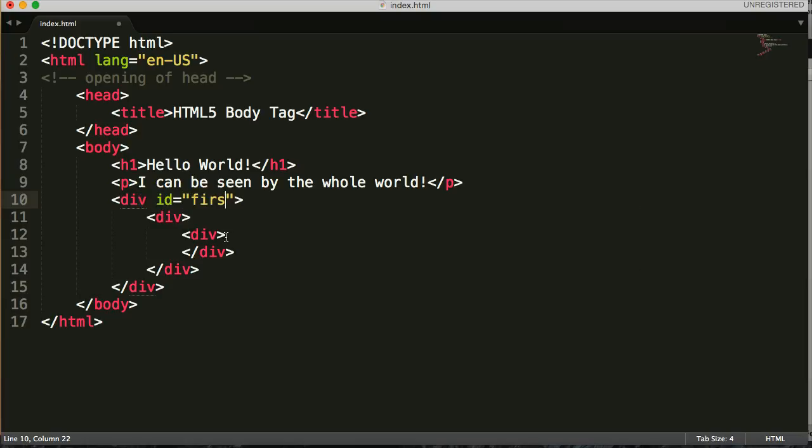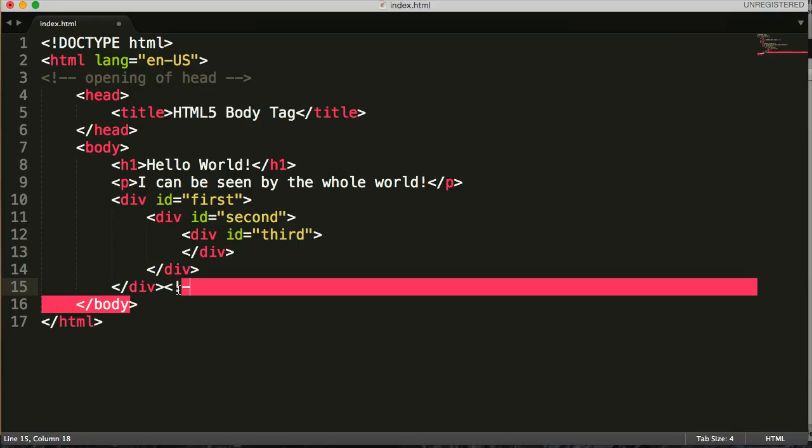We'll say first, second, third. Now, I gave these names IDs for a reason. I usually use an ID or a class, preferably class most of the time, but we'll discuss that later. So I give these IDs, right? So this way, when I close out my code, or comment out my closing tags, I should say,